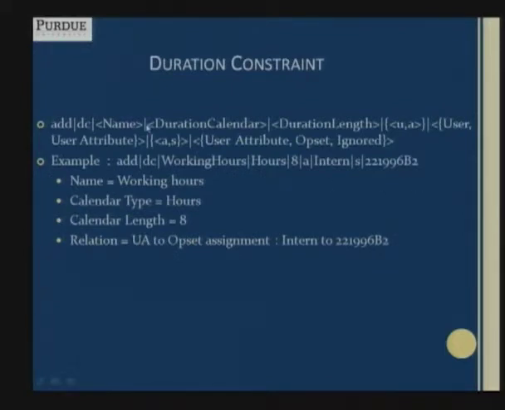And this is the duration constraint, which gives, after the start time of the periodic constraint, how much duration the constraint is valid. In the previous slide I gave the periodic time constraints, and this duration constraint here tells that the constraint is valid for 8 hours after the start time of the periodic time constraint, and the same, we have the relation for which this constraint is valid.